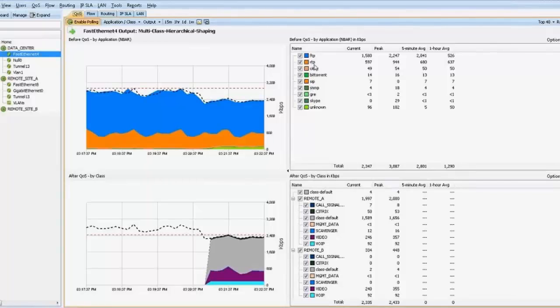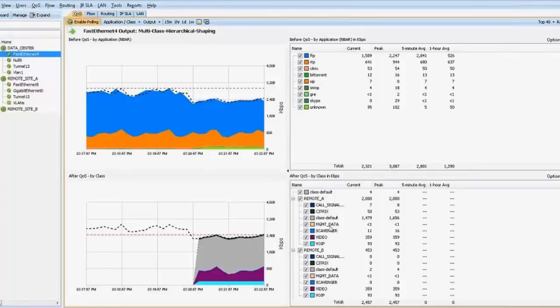RTP traffic or voice and video traffic. We also have a lot of FTP traffic that we are apparently downloading from our data center. We can see there's Citrix as well as other protocols. Here we can also see, to the bottom of the screen, a view of the CB QoS MIB. This is an actual view into the real-time performance of the QoS policy that is applied to this internet circuit